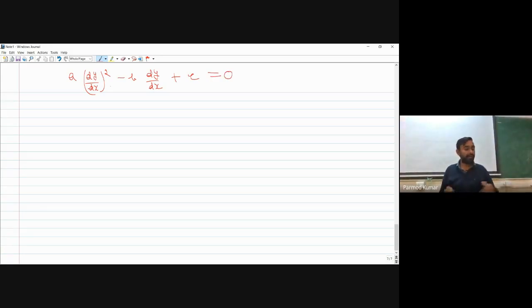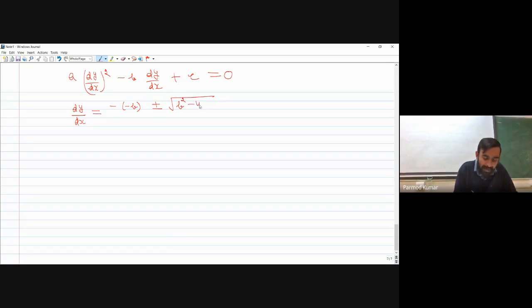So you can see over here, while we are equating the determinant equal to 0, we are getting nothing but a quadratic equation, and this is a quadratic function of dy by dx. Okay, so if I have to calculate this dy by dx, I have to apply the method for finding the roots of this quadratic equation. Okay, so dy by dx will become minus b plus or minus square root of b square minus 4ac, divided by 2a.